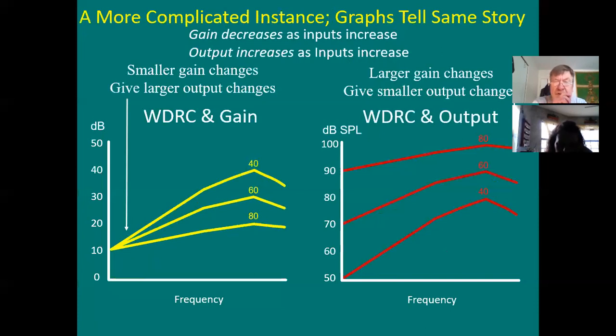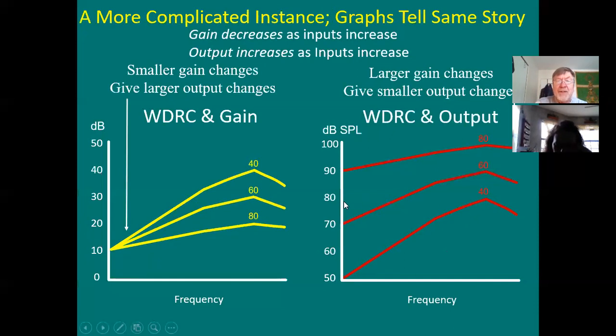Look at the right graph, look at how different these look. So I wanted a gain of 10 dB for all my different inputs. Look where my cursor is circling. I want a gain of 10 dB for all three of my inputs. In other words, very little. When you're reading that in terms of output, 40 in and a gain of 10 is an output of 50. 40 in and a gain of 40 is an output of